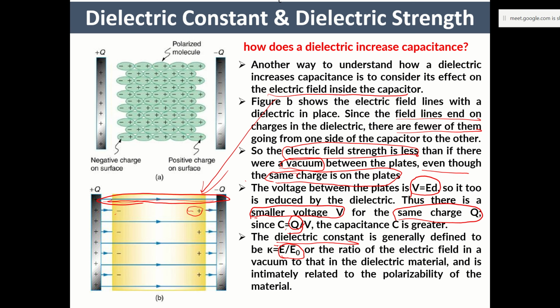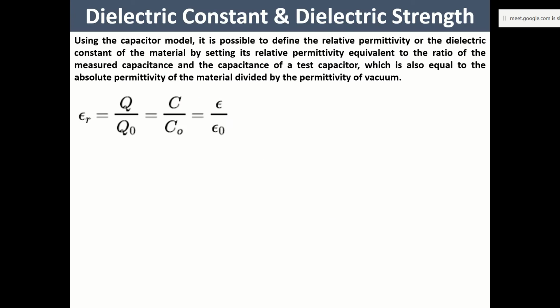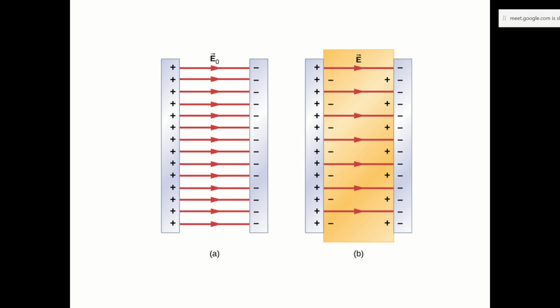This is related to the polarizability of the material that we talked about. So these are the two contrasting pictures that we have: when you have vacuum, and when you have dielectric material